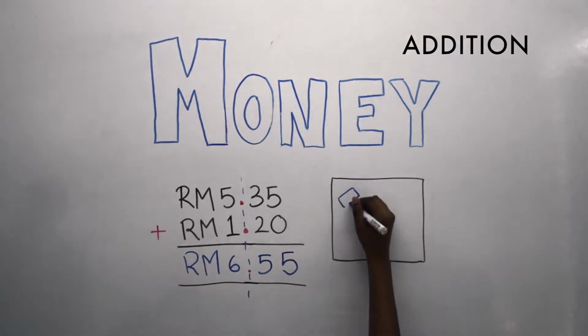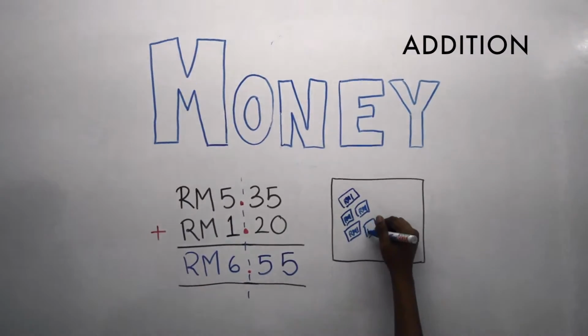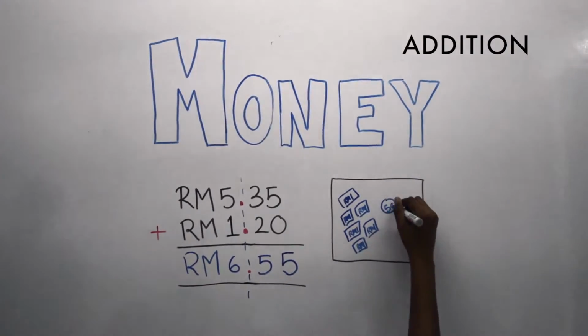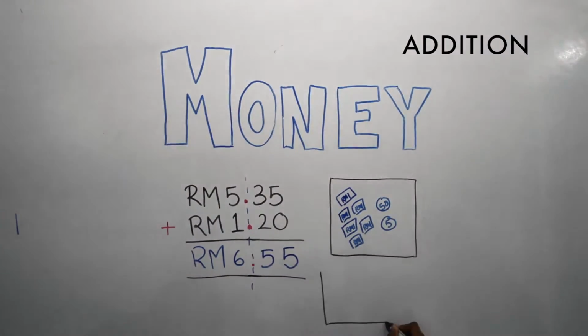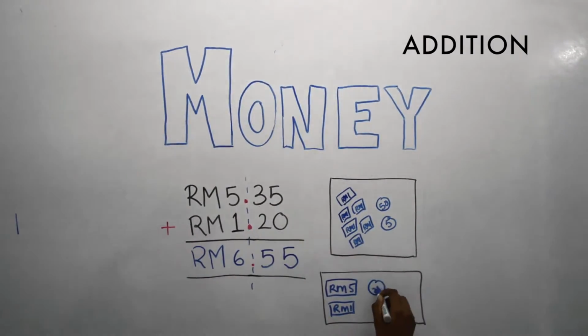To give your students some extra practice, maybe you can let them draw the total amount using the different variations of ringgit notes and coins. In this example, there are two ways of doing this: using 6 1-ringgit notes, a 50 cent and a 5 cent coin, or 1 5-ringgit note, a 1-ringgit note, 2 20-cent coins, 1 10-cent coin and a